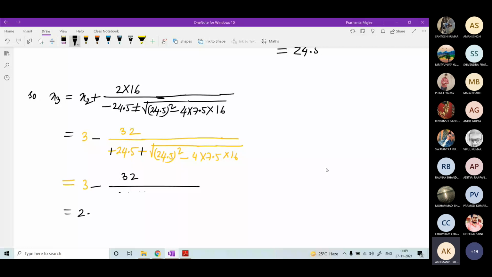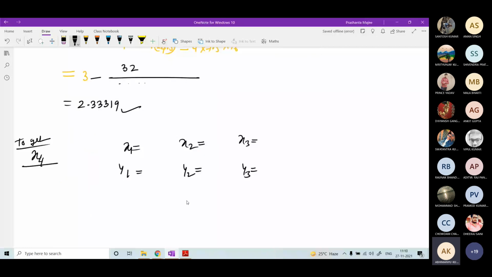Now to get x4, you will repeat once again. To get x4, you will choose x1, x2, x3, and corresponding y1, y2, y3. x1, x2, y1, y2 have already been calculated. x3 you have now calculated. You have to calculate f of x3 equal to y3, and then you will consider a new parabola. Let the parabola be y equals to a into